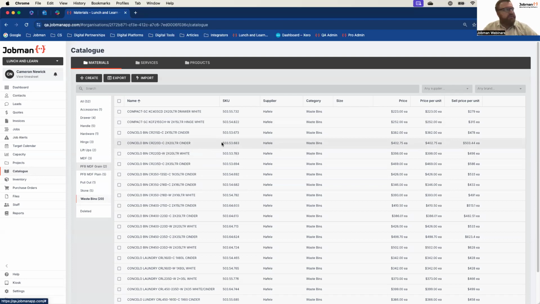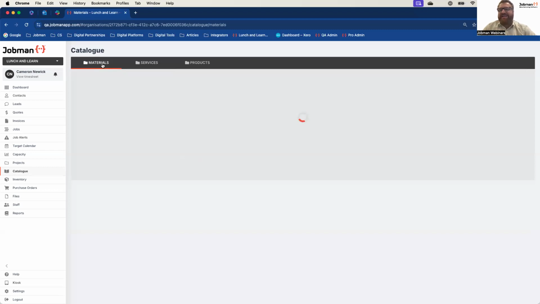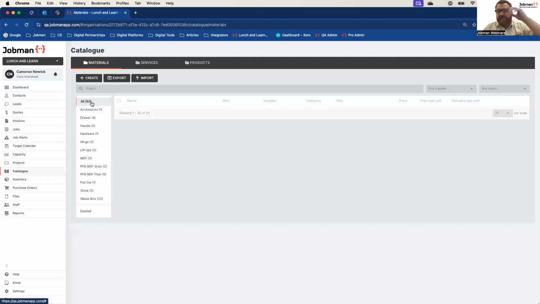The second part, of course, is then having a look at our catalog. Once you start entering some materials, you can see I've just got some nice waste bins here as part of our kitchen manufacturing from Hayfley, and some services. We're starting to get some things we can add into the software for the quoting. And this is the simplest way. This is the basic quoting. Just add materials, services, operations. All of that's pretty easy, and that's covered in other webinars.